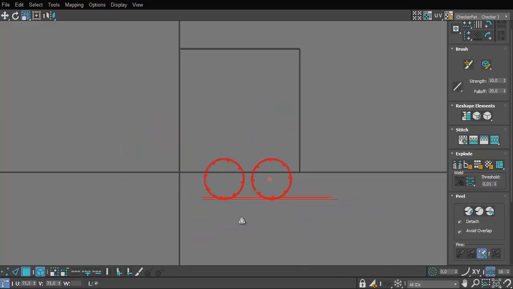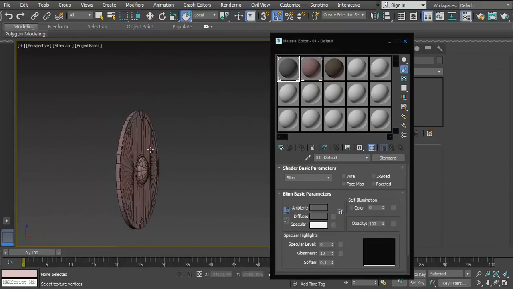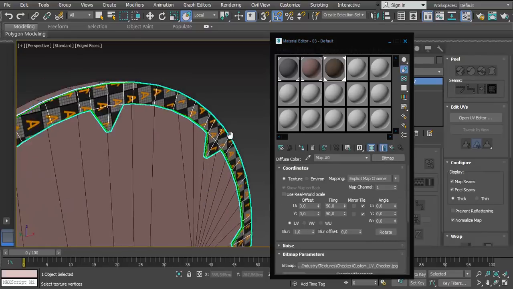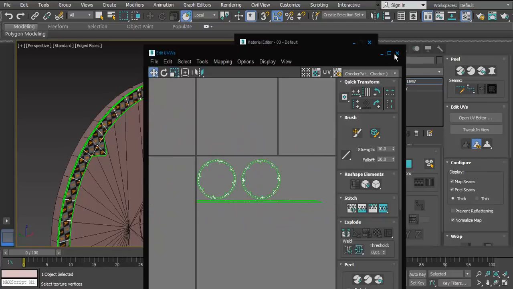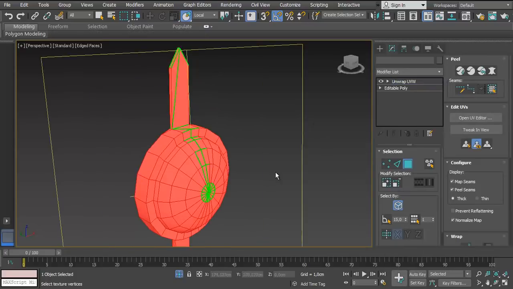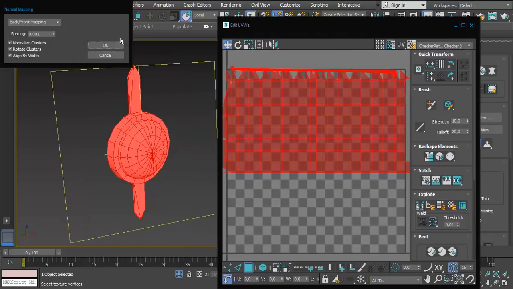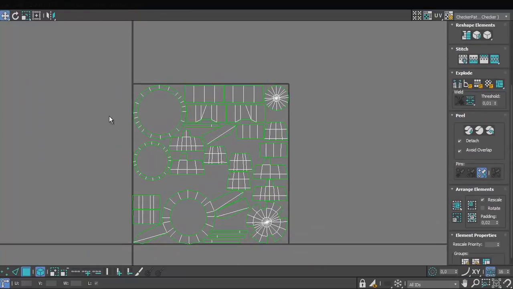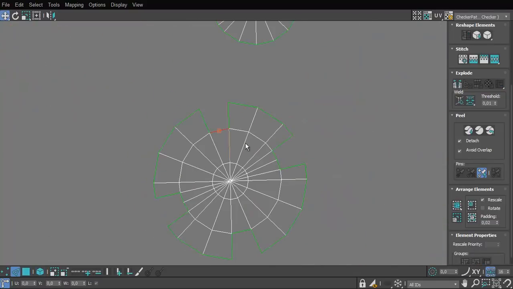Okay, now I'm trying to resize or rescale these elements because we're going to apply a checker material or checker texture, and we better use a checker texture that we are going to download from the internet or that we have somewhere. It's not really recommended to use the checker material or the checker texture that exists inside 3ds Max because it's digital and it does not really tell us